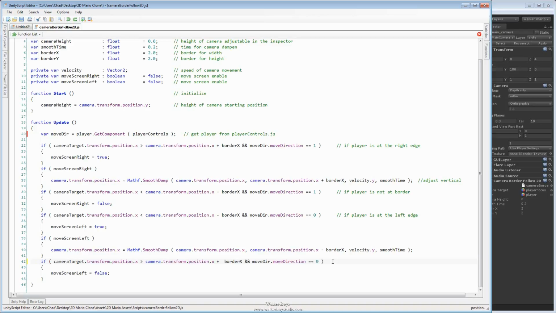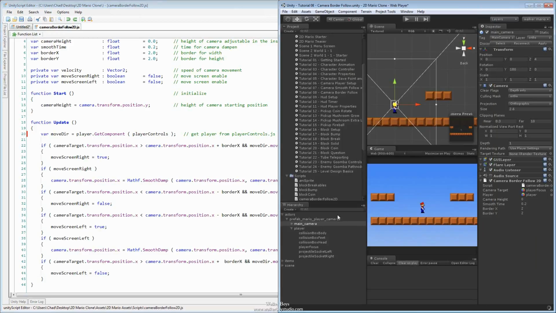And we'll just put this in here. If the player is on the edge, and he is facing to the left, then the move screen left turns false. So if we save this out, let's double check it in code here and make sure it works in the game. So what this should do is tell us that when we get to the edge,